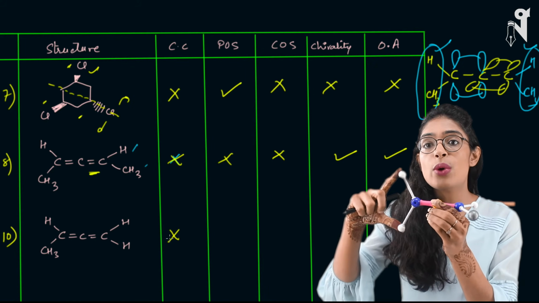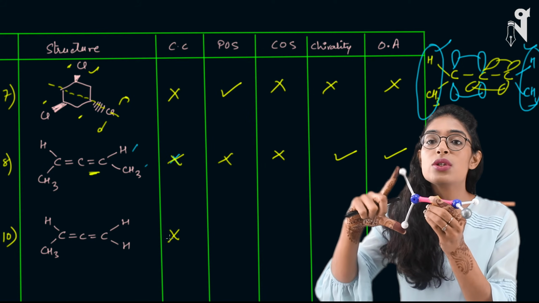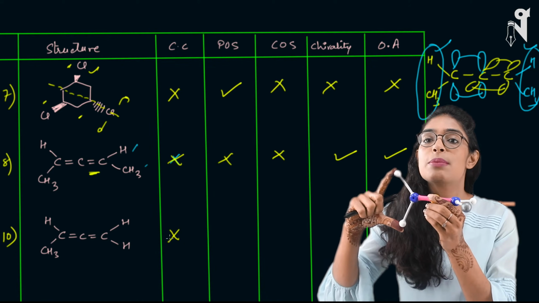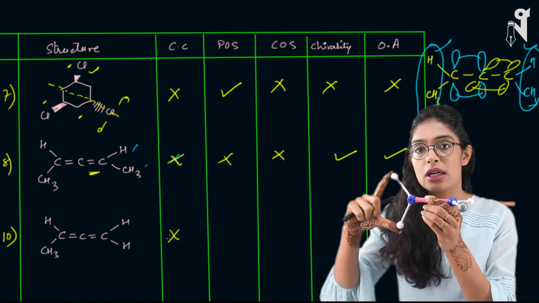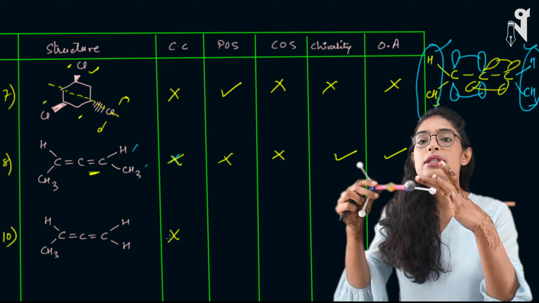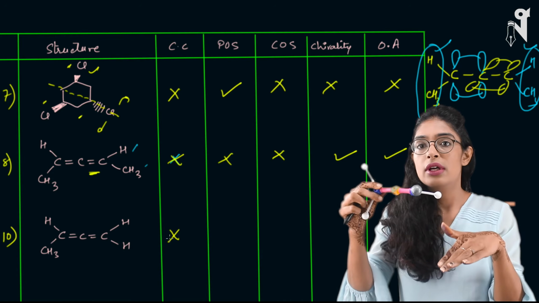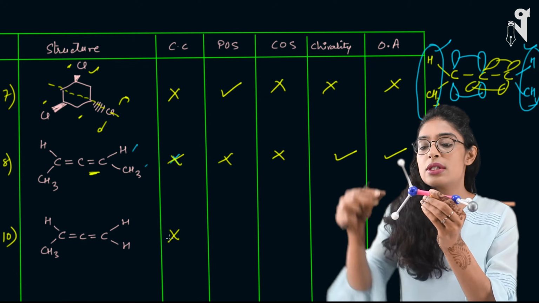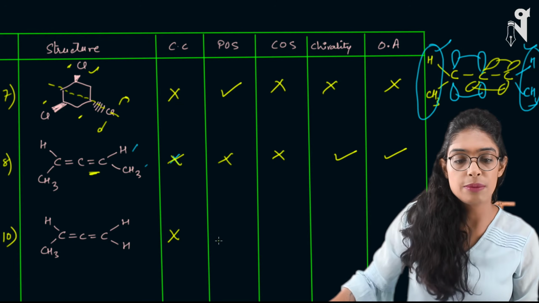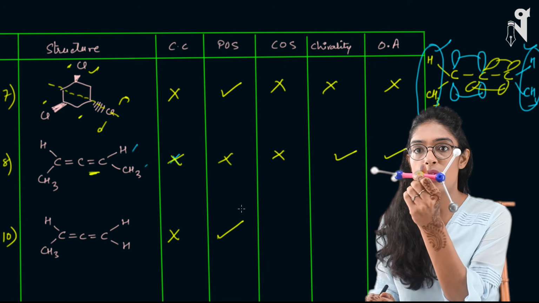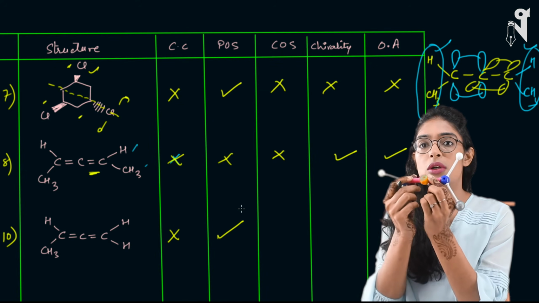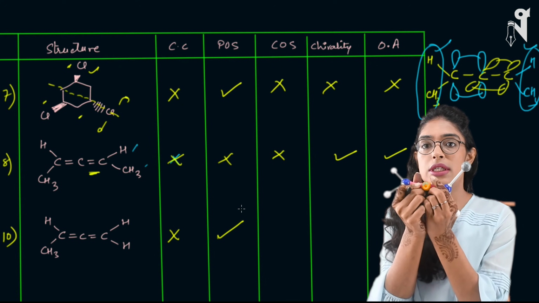Why? Because these two atoms were the same. If these two atoms or groups wouldn't be the same, in that case it wouldn't have possessed POS, as in the last case. So here you can cut it like this horizontally, and then these groups will get divided into two halves, and then this is the mirror image of this. Okay, so POS is there. Yes, POS is there. I hope you can see what molecule I'm talking about, how it looks like. If it is not clear to you, you can just see it again.